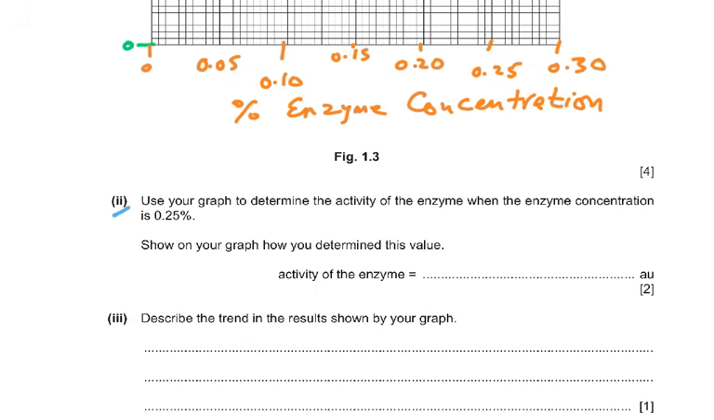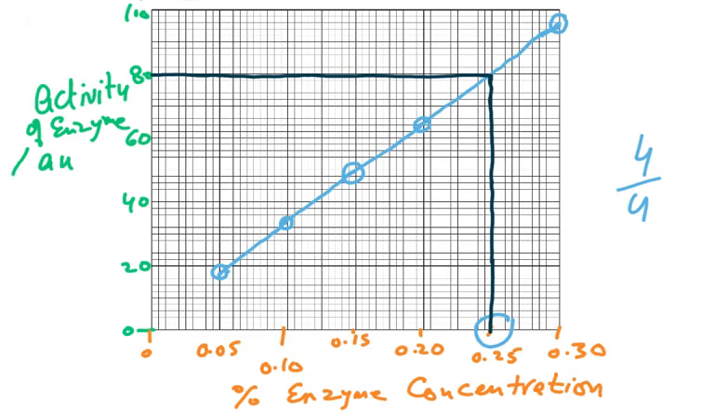Then coming to part 2 of the question, use your graph to determine the activity of the enzyme when the enzyme concentration is 0.25. So this is the point where we have to see it. Show on your graph how you determine this value and activity of the enzyme. So you have to show it on the graph. You can see I've drawn this black line,